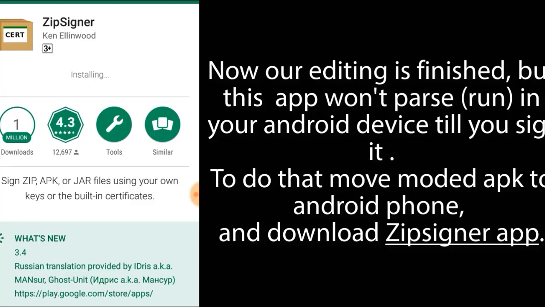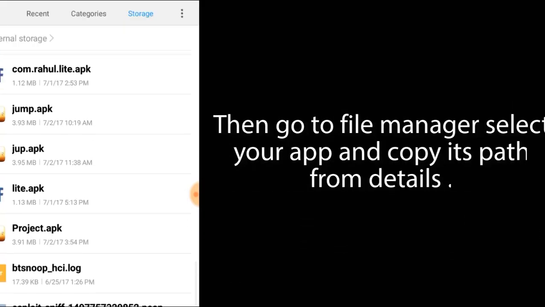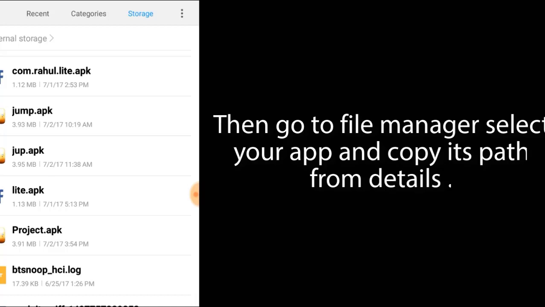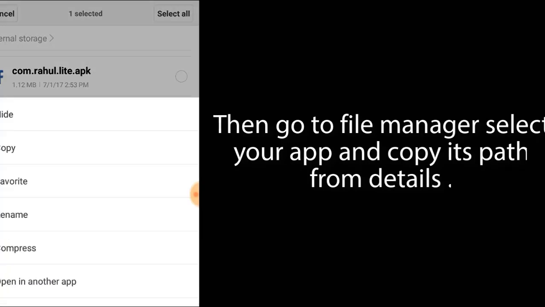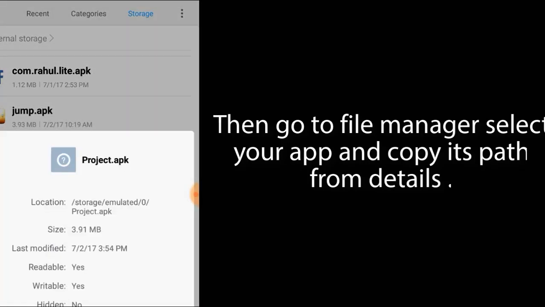Now our Zip Signer app was installed successfully. Then go to the file manager and copy your modified APK file from your computer to your Android device. Click on your modified Android app and go to details. Copy the location of your Android app.